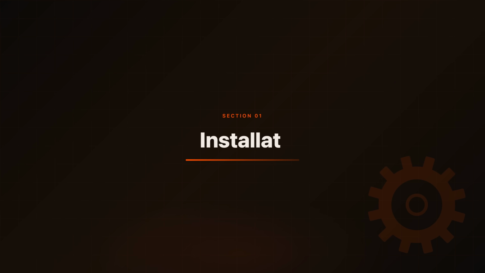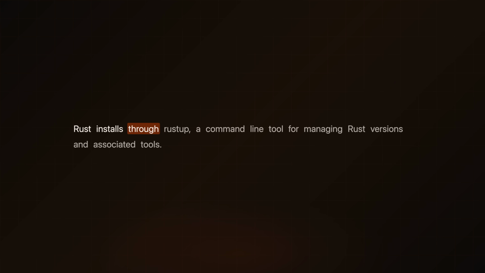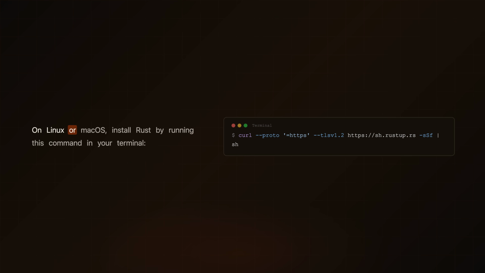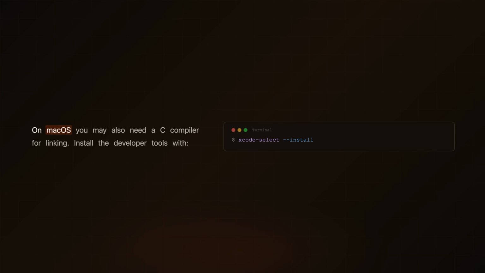Installation. Rust installs through rustup, a command line tool for managing Rust versions and associated tools. On Linux or macOS, install Rust by running this command in your terminal. On macOS you may also need a C compiler for linking. Install the developer tools with